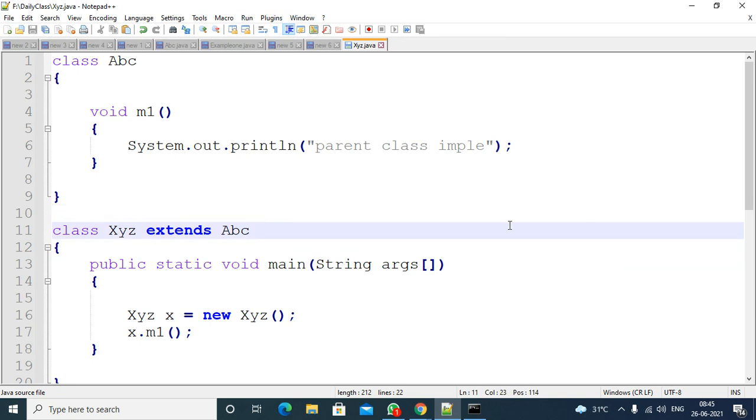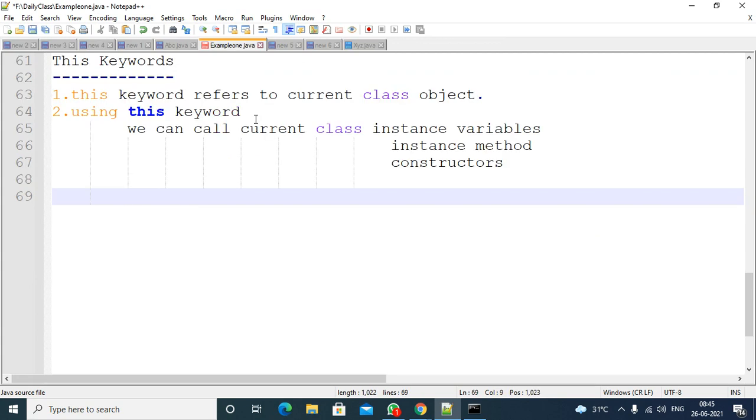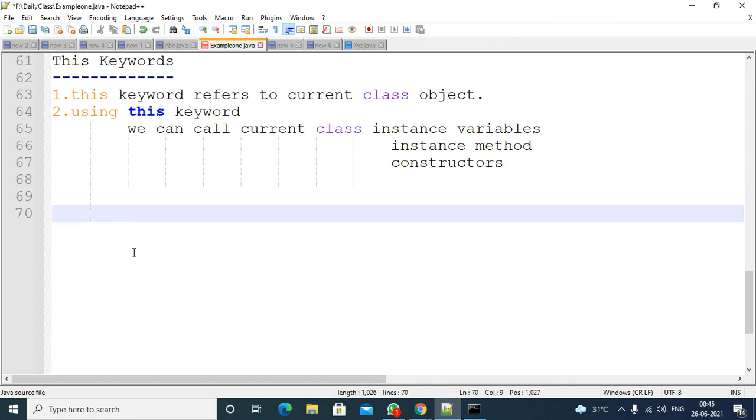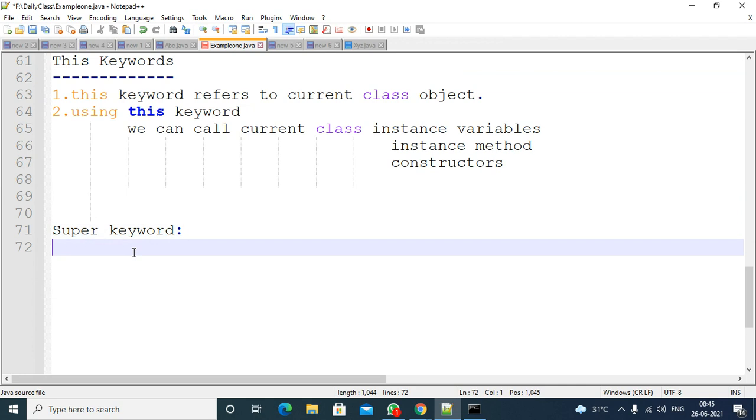Right. So now we need to discuss the super keyword. So what is the super keyword? Super keyword means it refers to the current, immediate superclass reference. Maybe you know it. So what is the use of the super keyword?